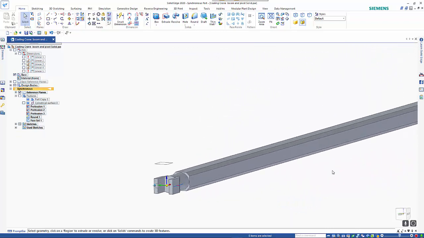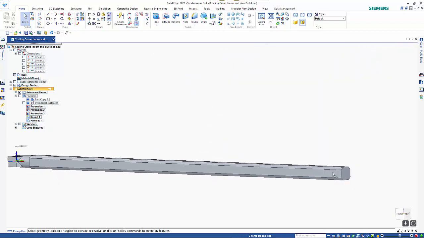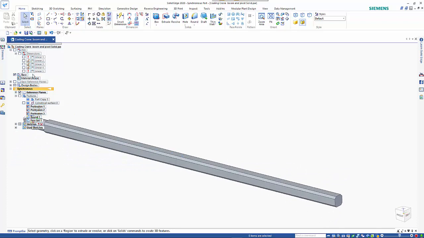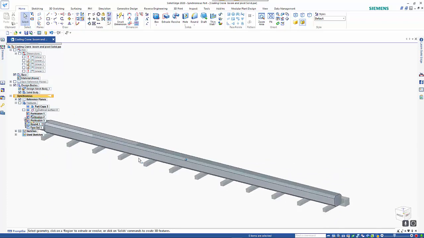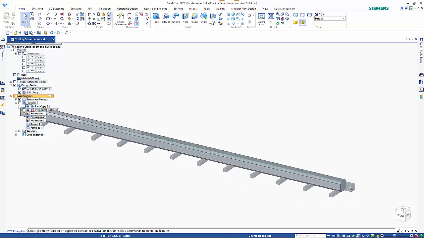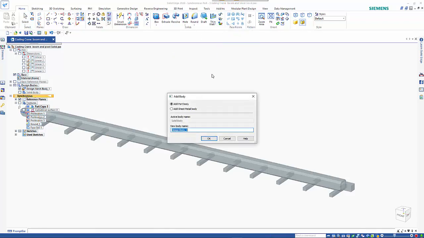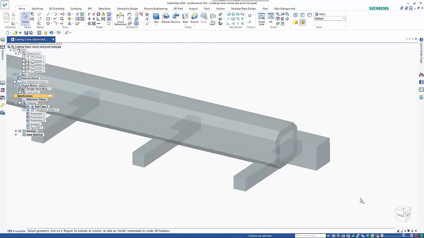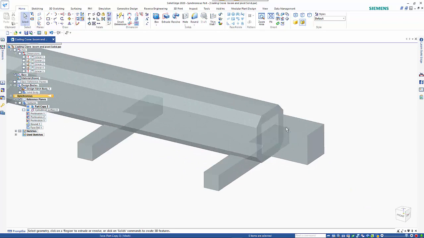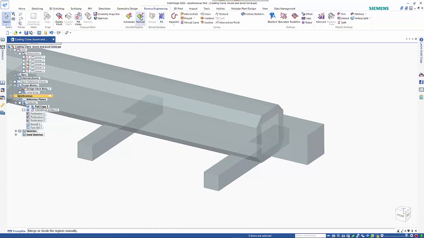So let's take this to the final step and use a different philosophy. If we've got our mesh body, we can see that we haven't got the end here. So let's just hide the solid body that we had, add in a body for the end feature and go OK on that. So if we zoom in up on this area here, we can use the option to manually